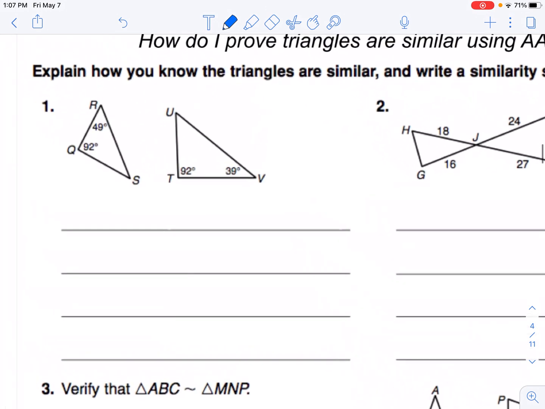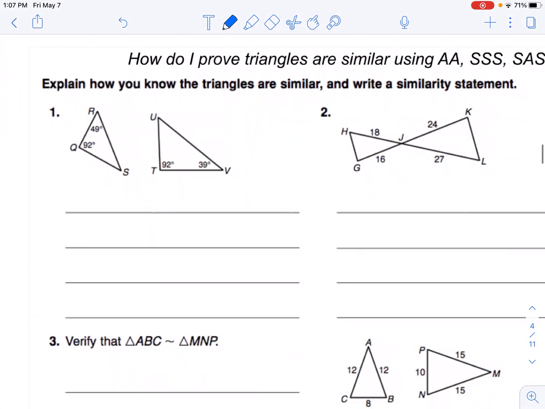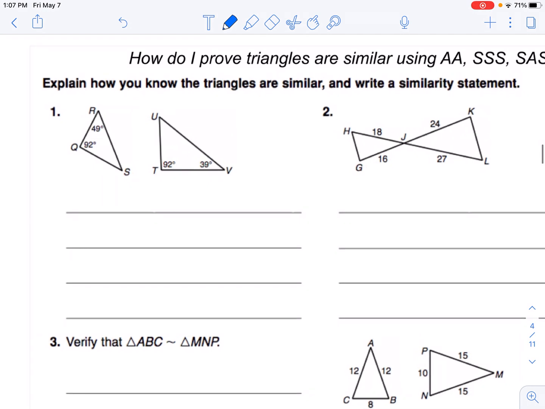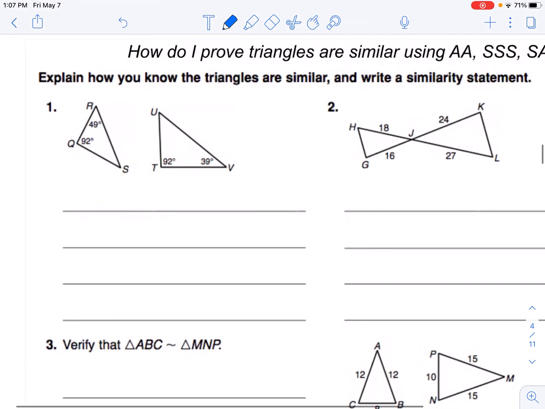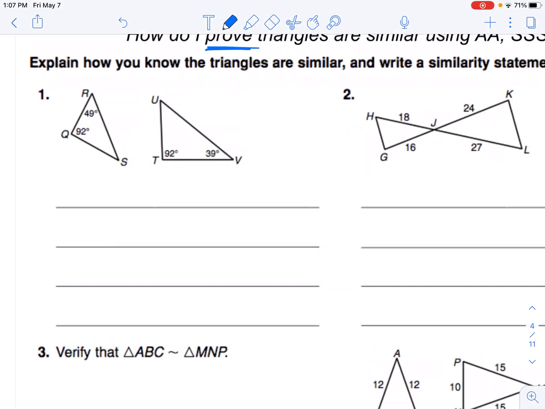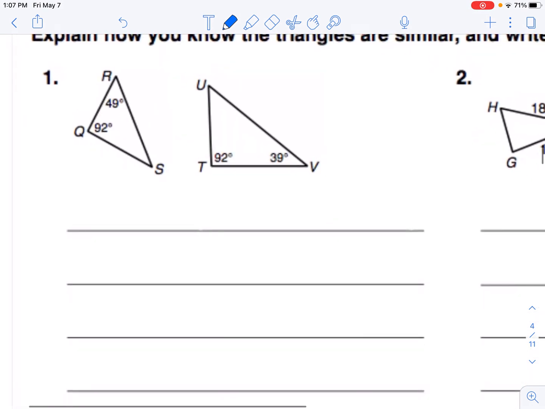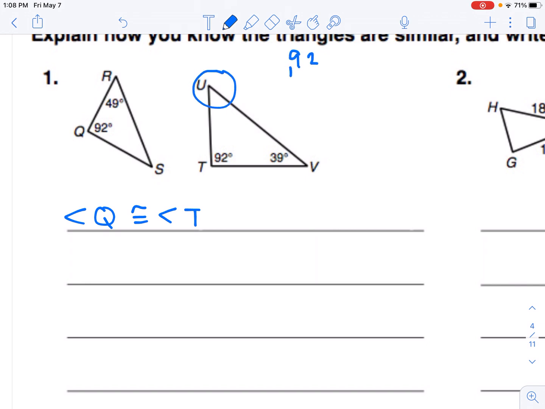All right, let's look at the next one. It says, explain how you know the triangles are similar and write a similarity statement. So even though we're proving, we're proving using an explanation. I see that 92 is congruent to T, so angle Q is congruent to angle T. Now, is angle R congruent to angle V? No, I see 49 degrees and 39 degrees. So we're going to do a little bit more math, and let's find angle U here. 92 plus 39